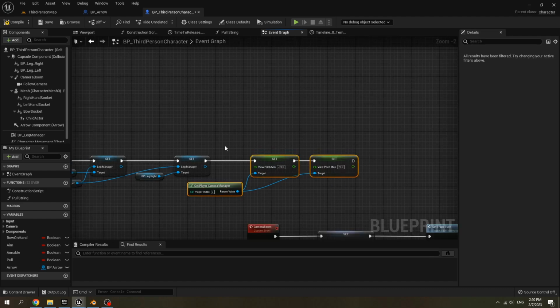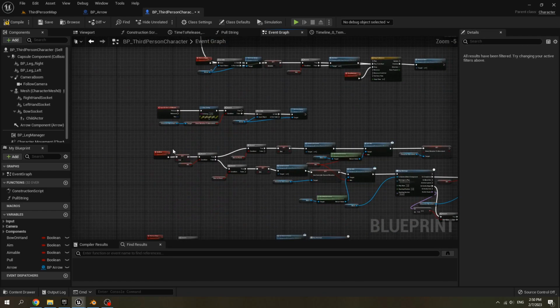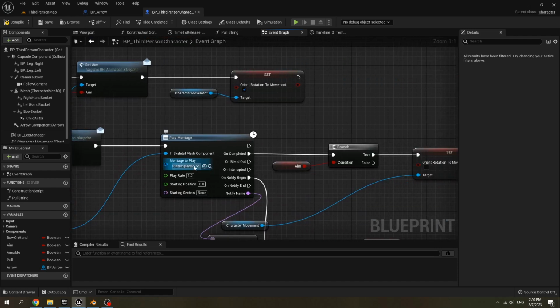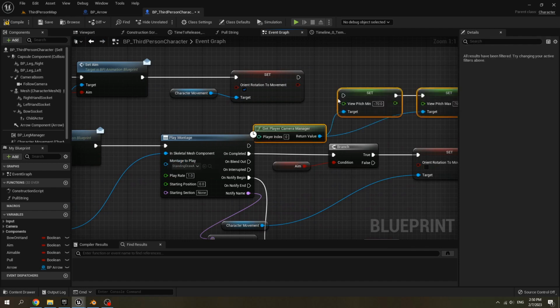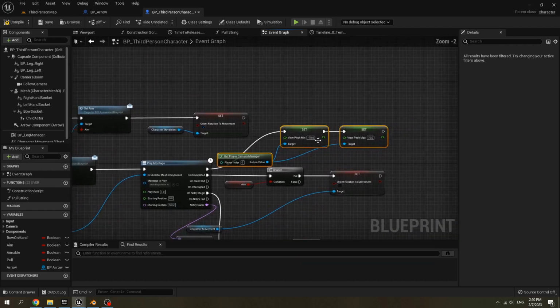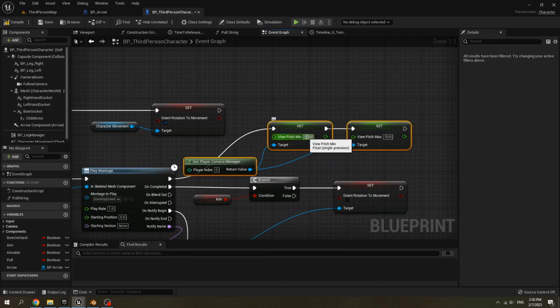Copy our pitch adjustment and go to aim bow event. When we play the standing draw aim animation montage, pass our pitch adjustment, connect it to set view pitch min. Set view pitch min to -45 and set view pitch max to 35.